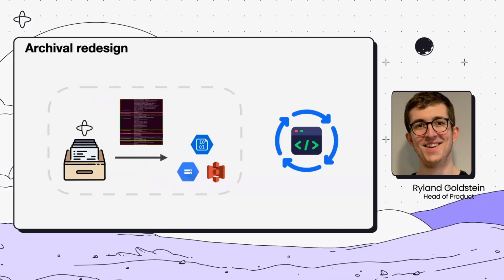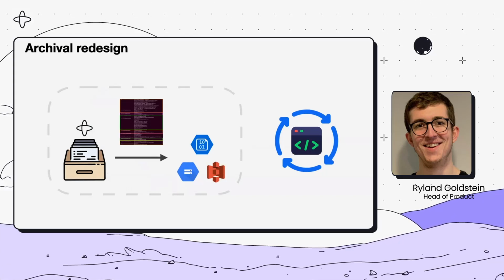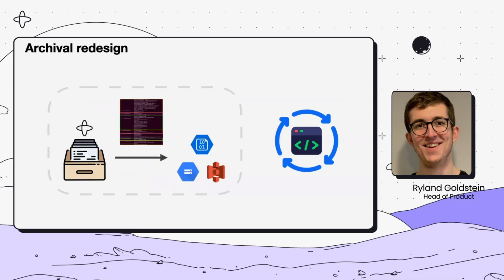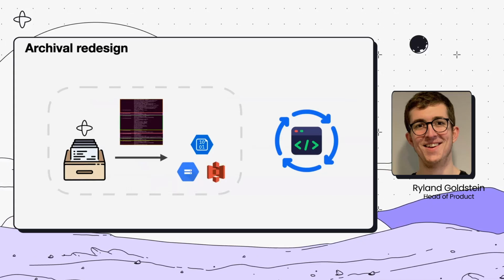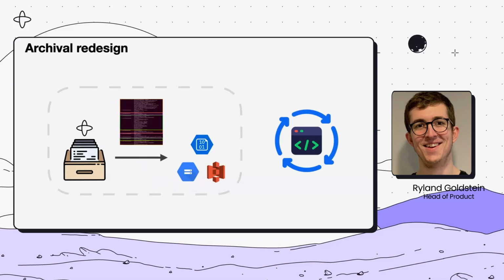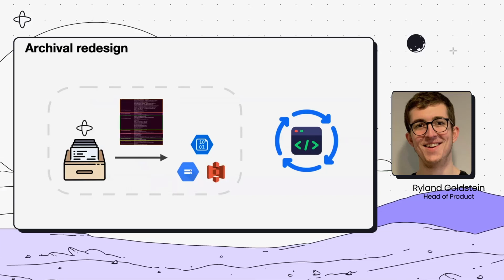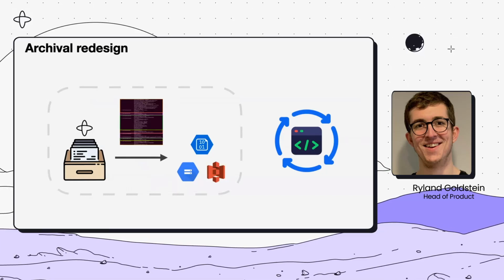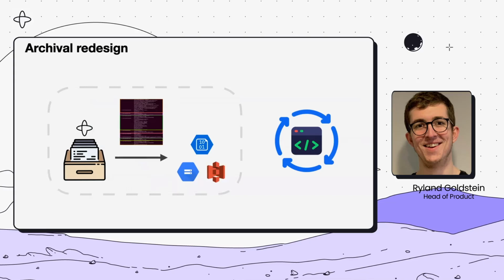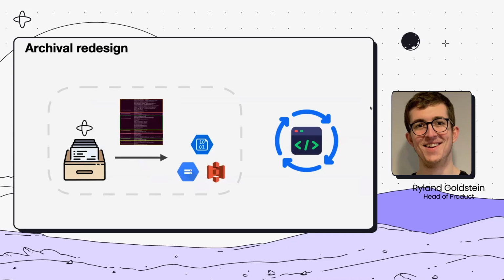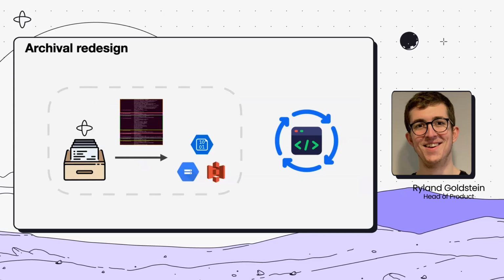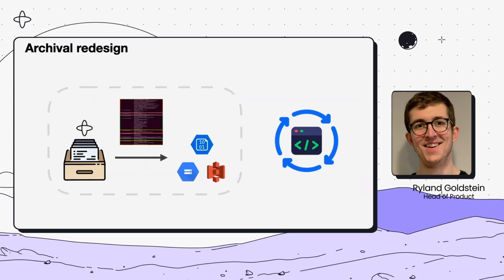So this is the archival redesign or overhaul, depends on how you want to call it. From the point of view of a user, it may seem like just some iterative improvements, but it did require a substantial rewrite of the code base. And so I want to make sure that the engineering team and the engineers who were working on that get good credit. And so I think the problem, to give some context, is that within Temporal, you have all of these